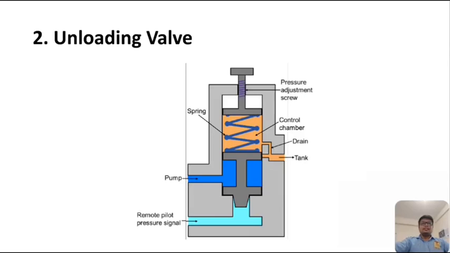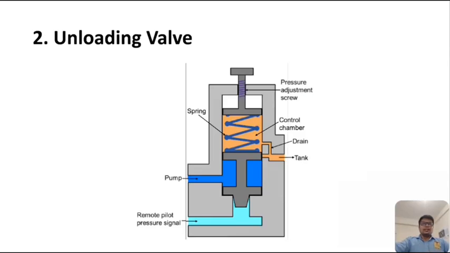As the pressure is needed in the hydraulic system, the pilot pressure is relaxed and the spool moves in downward direction due to self weight and spring force. These are the two forces which are responsible for the movement of the spool in the first case and also in the second case. Now the flow is diverted to the hydraulic circuit.